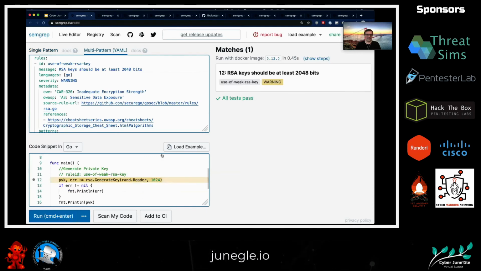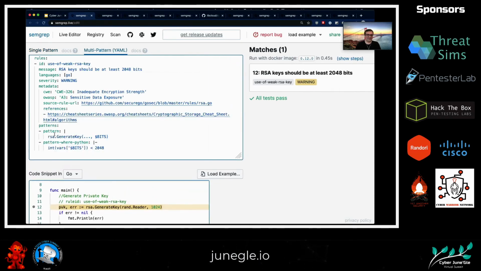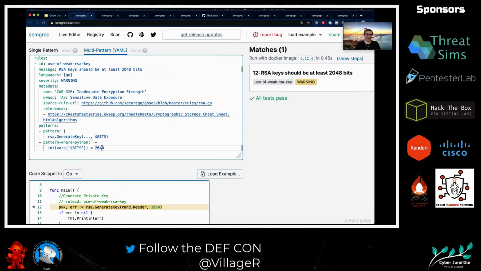In this case, I have a fully written pattern, but if we look at the relevant bits here, we're using pattern, and we're going to use Semgrep to extract out the number of bits. So in this case, I'm calling RSA generate key, some arguments, it doesn't matter. We know the last argument is the number of bits. And then I'm going to use this special pattern-where-python that has to be allowlisted just for security reasons, because we are executing arbitrary Python, but we're going to read the number of bits out of our variables, and then we're going to cast that to an integer, and we're going to flag any case where it's less